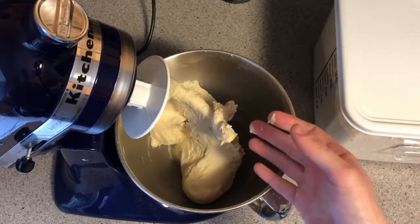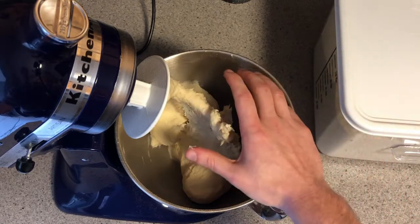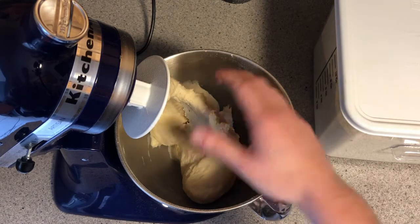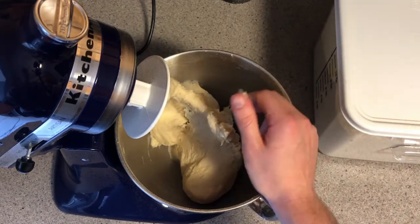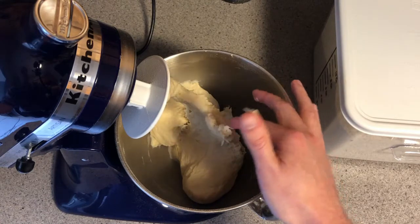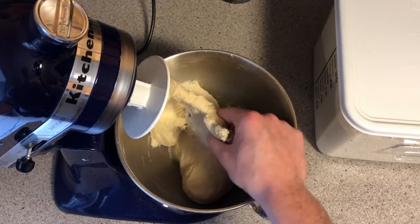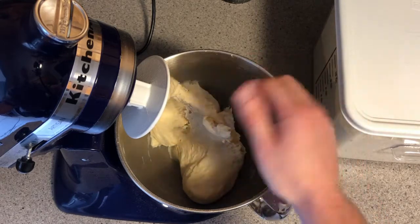So now we need to add in the rest of the flour and get ourselves kneading to make sure that everything is mixed in thoroughly and that we build up enough gluten to hold the bread together. So I'm going to add the flour in 1/2 cup increments, no more than 1.5 cups more. In fact, with the way that this dough is looking right now, I think I'll probably only add in 1/2